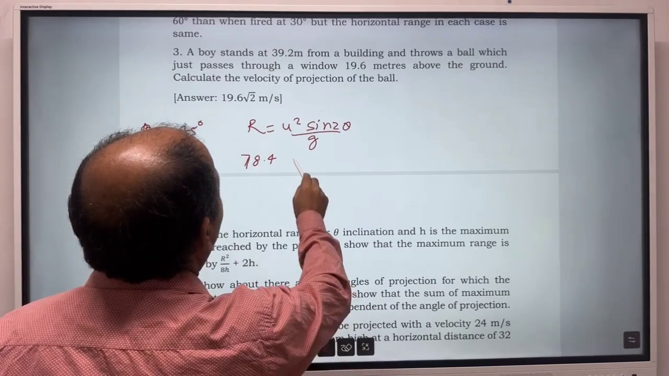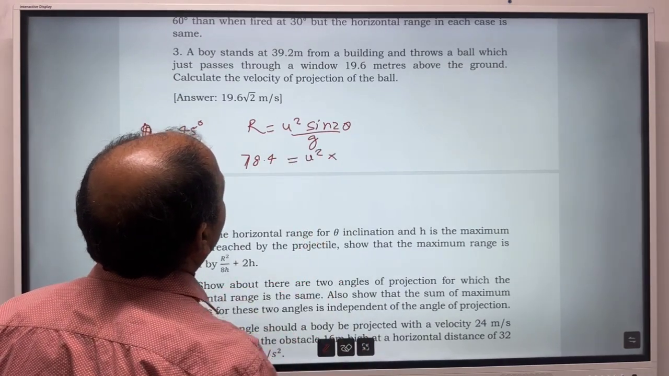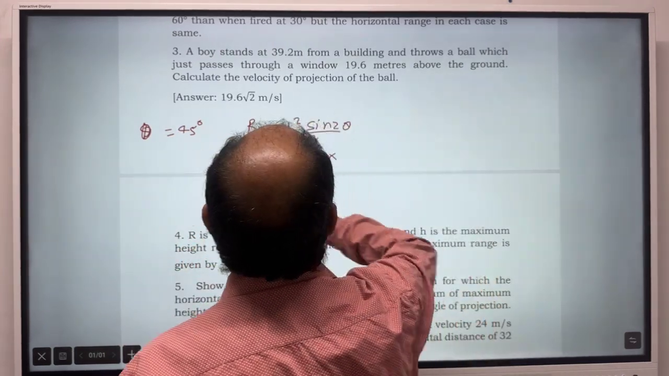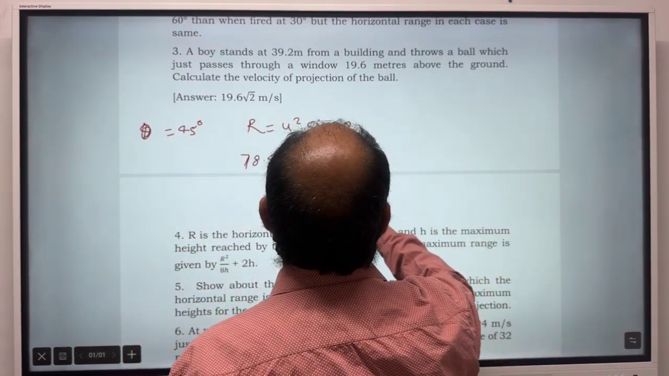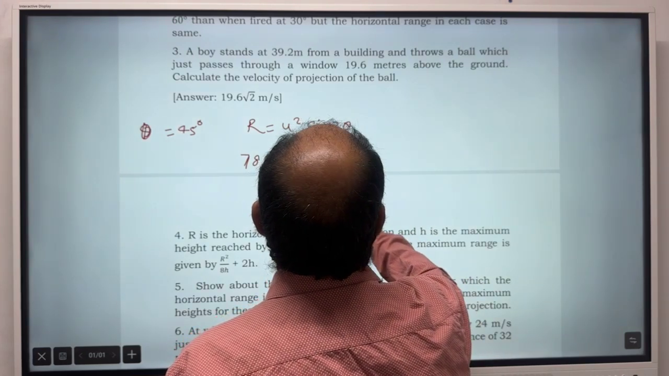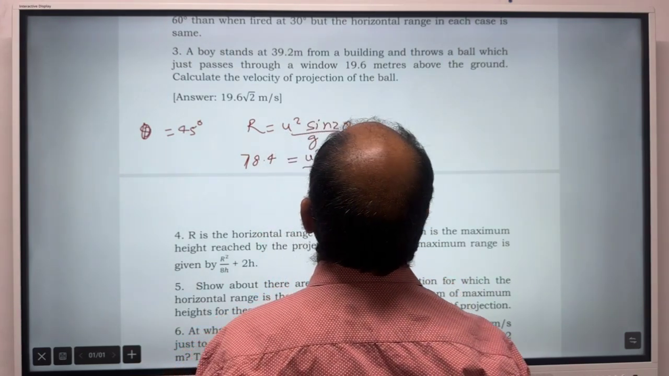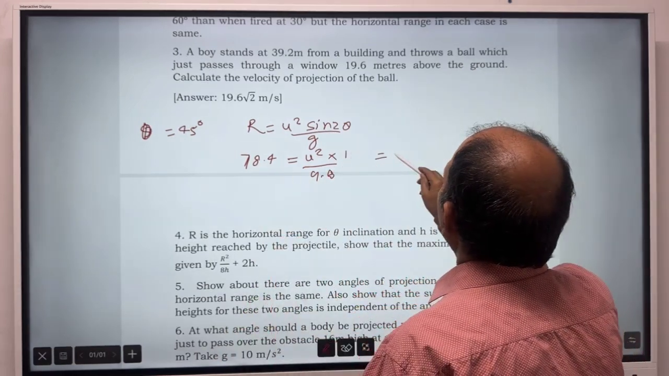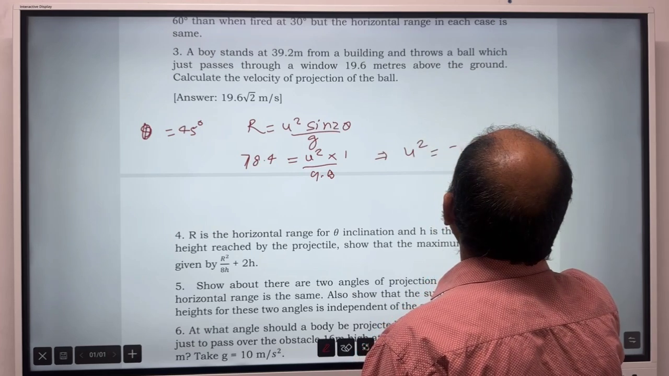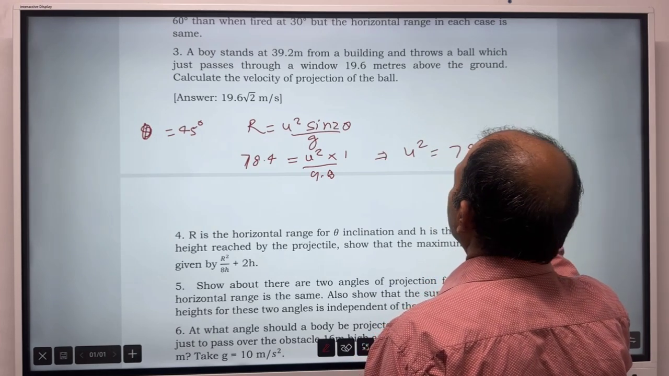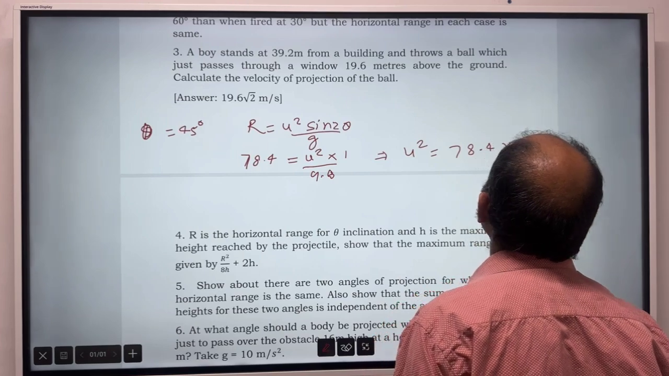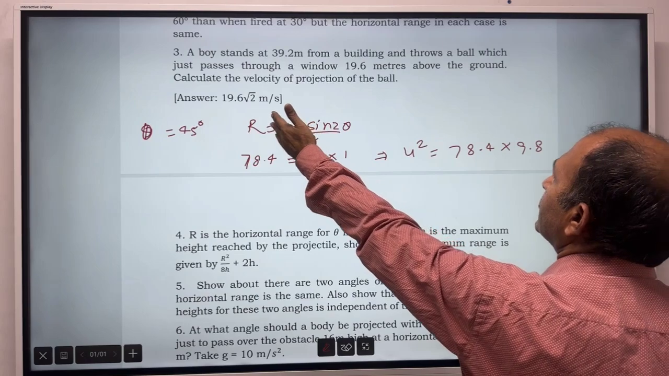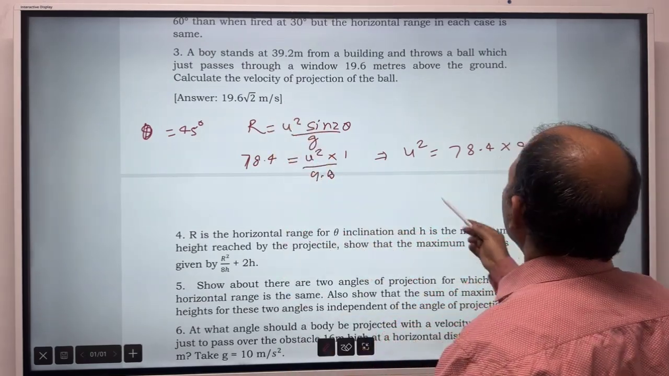78.4 equal to u square into sine 2 theta. Sine 2 theta means here theta we got 45 degrees, so it will be sine 90, that is 1, divided by g. G we can take as 9.8. Now our concern is to get the value of u, so u square will be equal to 78.4 into 9.8. So if you evaluate, it will come out to be 19.6 under root 2 meter per second,